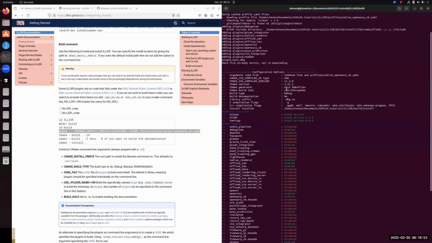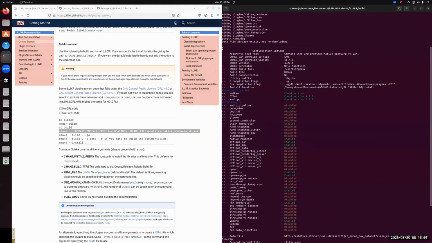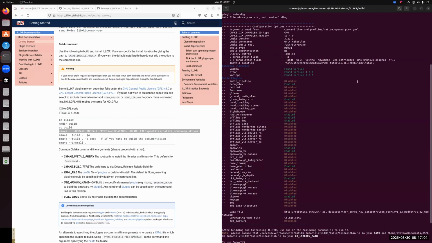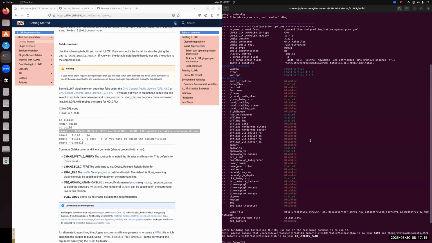So as you can see, the CMake configuration here is complete, and we have a really nice summary of the enabled functionality and the configuration of the current state. And it would be nice to double check that all of the plugins you need are shown as enabled here.